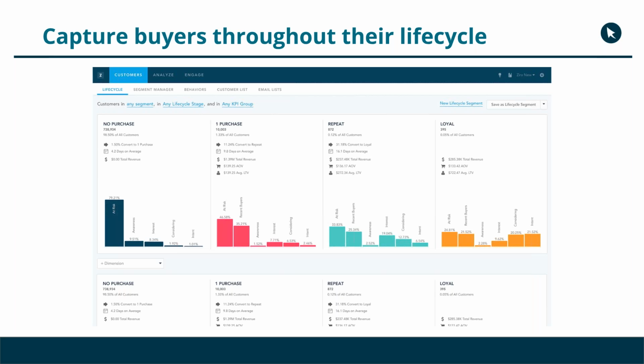Yeah, now I'll add to that. I encourage any business to really focus on those one-time purchasers. There's a ton of data out there. If you can get that one-time purchaser to make their second purchase, the likelihood of them becoming loyal just goes through the roof. So if you're going to focus on one lifecycle segment to throw everything you've got at it,